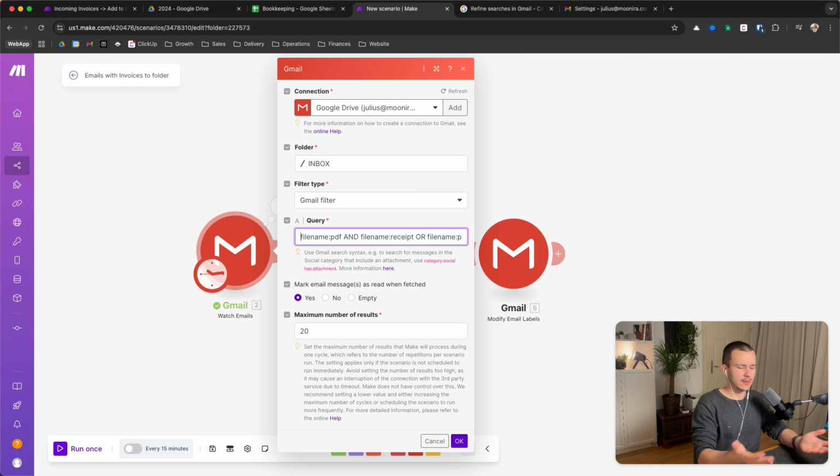As I said, I'm not a finance guy, so I don't know, but I guess receipts are fine as well. That's just my guess. So what I did here, and you can totally change that depending on your use case,